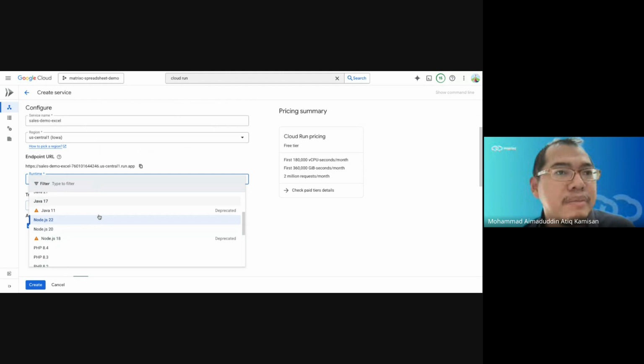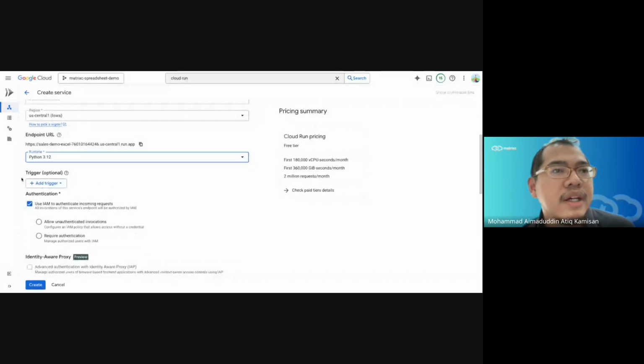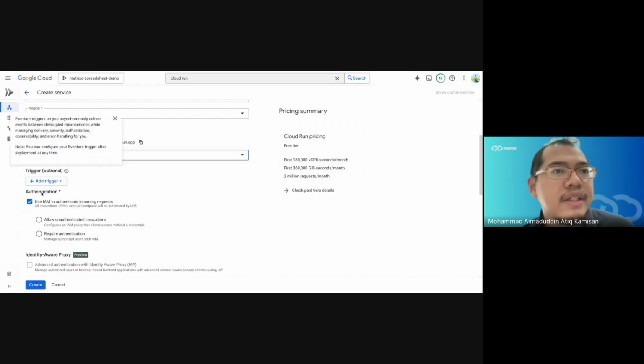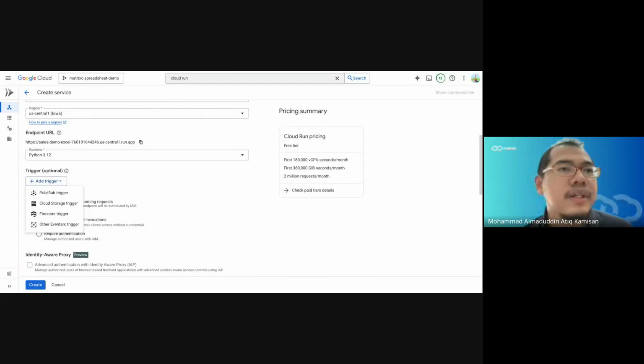For runtime, because I use Python code, so I just use Python. If you're familiar with another language, it's up to you. So let's say here I will use Python 3.12. Okay, the next one, you have to add a trigger, because a trigger means this code will run,